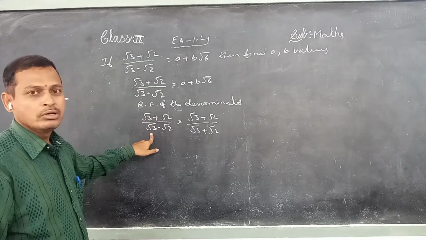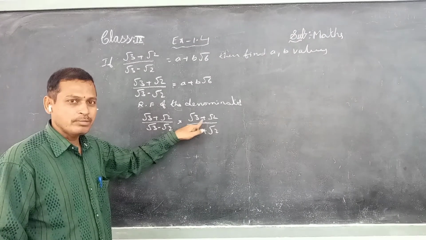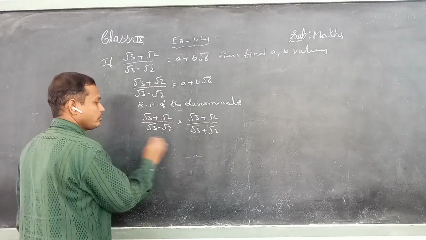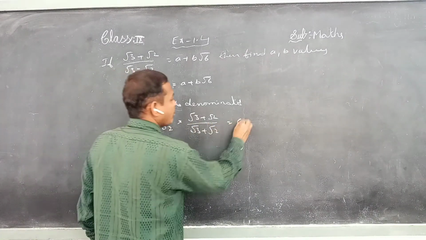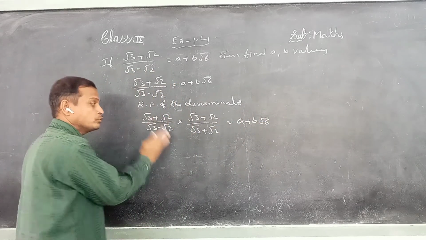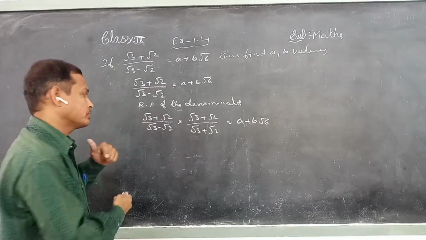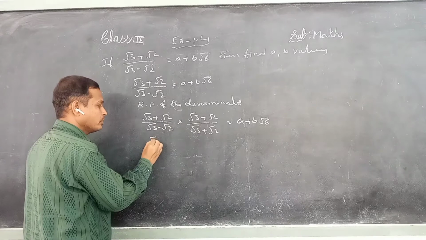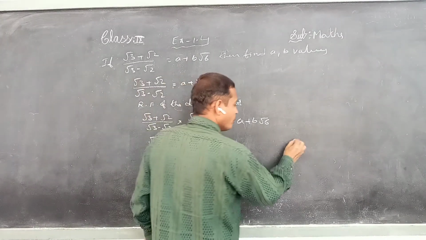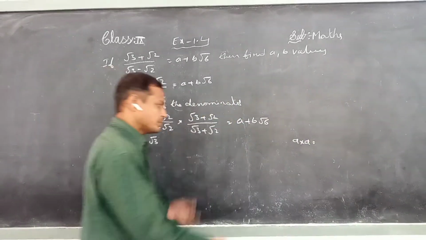We should take the given value root 3 minus root 2, and multiply by root 3 plus root 2 by root 3 plus root 2. Okay, children? Next, on the RHS we have a plus b root 6. So we should multiply the numerators and denominators. Okay, what is the numerator? Root 3 plus root 2. Children, so we should write it in the direct method. Why? Because what is the form of a into a, children? It is a square.